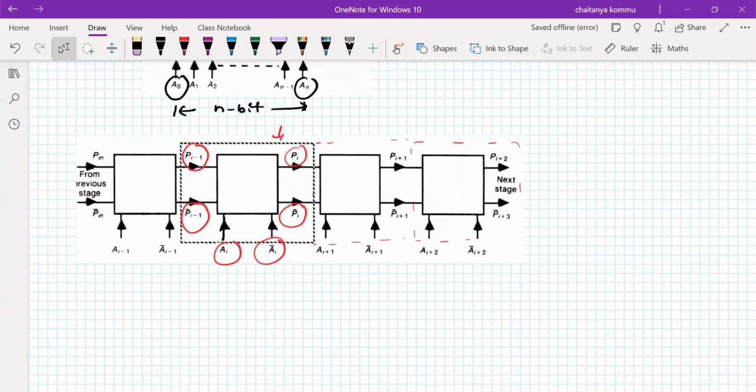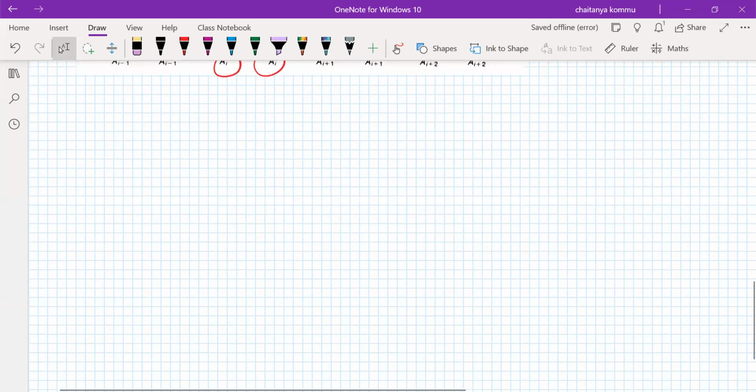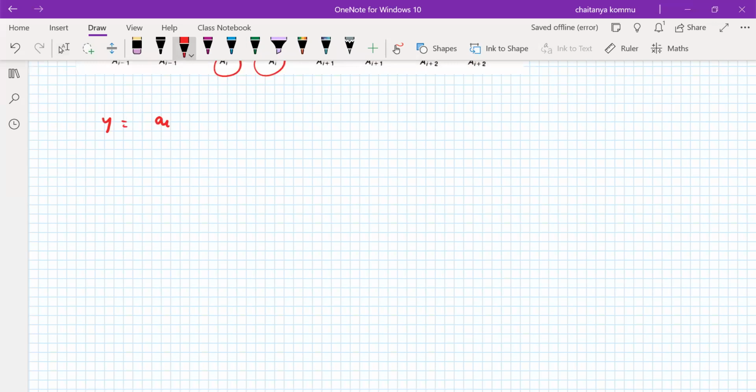Okay, so everybody knows what the exclusive OR operation is. For example, as I mentioned, y is equal to Ai Pi minus 1 bar plus Ai bar into Pi minus 1. Okay, so what is the transistor level representation in CMOS and as well as NMOS technology? Very simple. Let us consider NMOS technology. So in the NMOS technology, what we can see is that a depletion mode type of transistor is required and connected here, and the bottom transistors we have